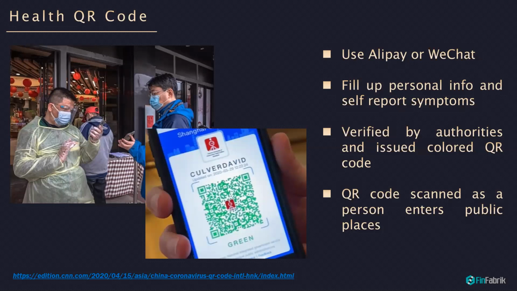So after the information is verified by the authority, each user will be assigned a QR code in red, amber, or green. Within a week of offline,